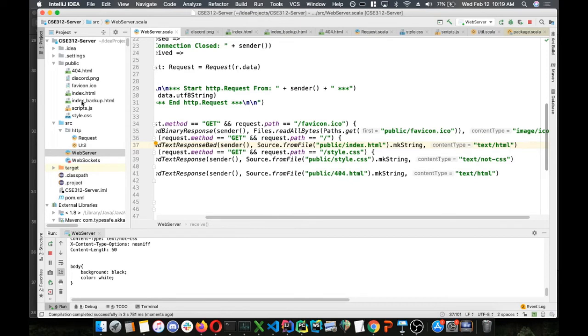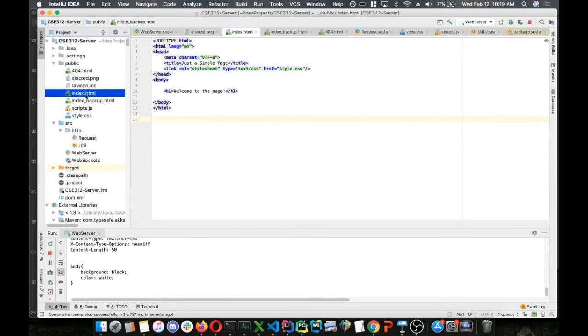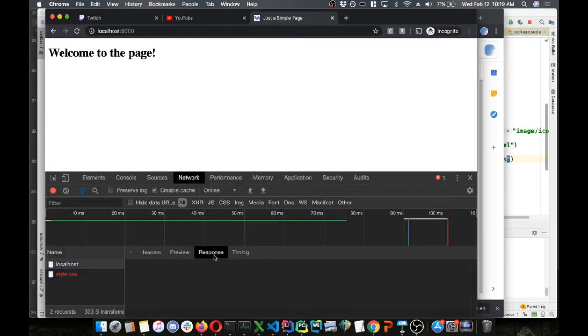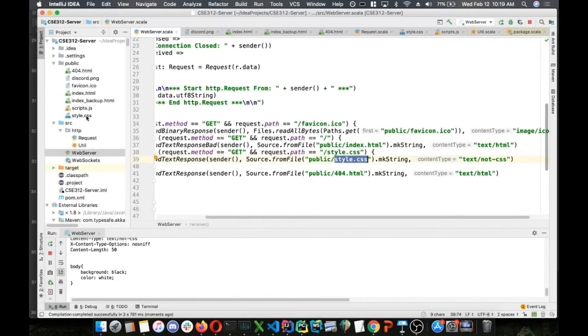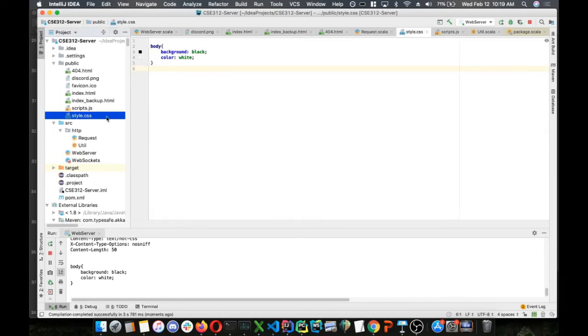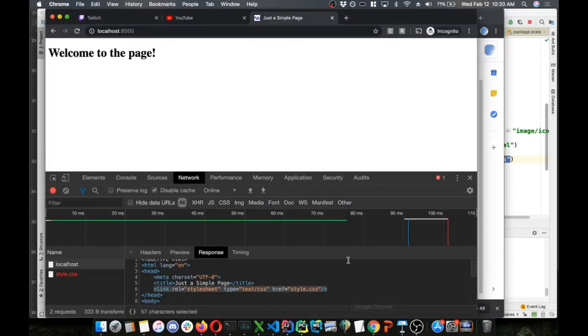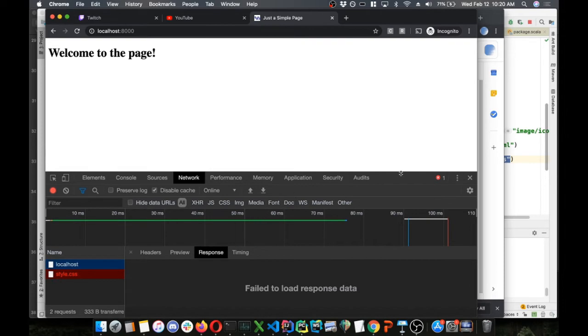All right, now let's do this one next. So if we look in here at the requests, I actually have a second request. In my HTML, I do have a style sheet being linked, style.css. I do have that path serving my style.css, which just puts us in dark mode, nothing too fancy. I just want to show the concept. But if I look at this response,